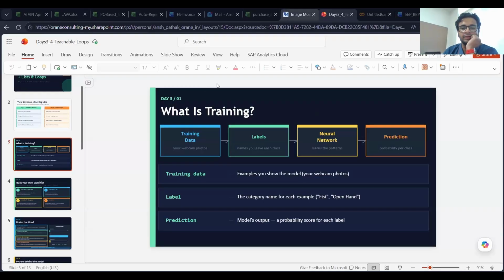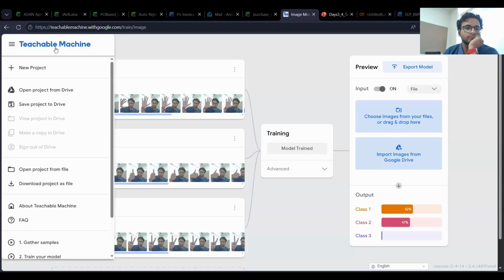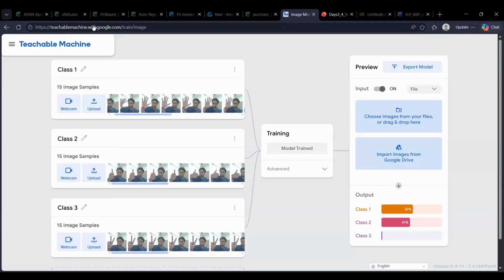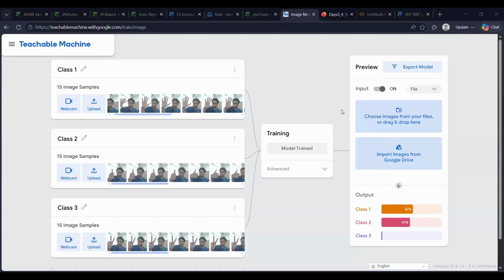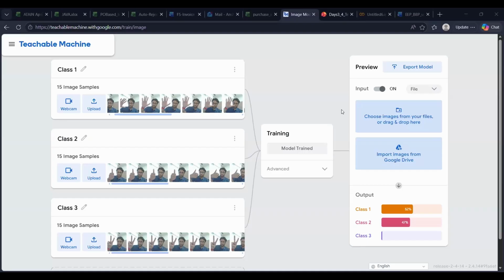Anyone else who has tried teachable machine dot google.com? Yes, sir. There was a competition in our school on this. The one who made the best teachable machine model won.